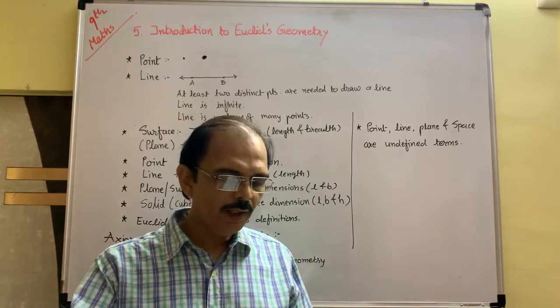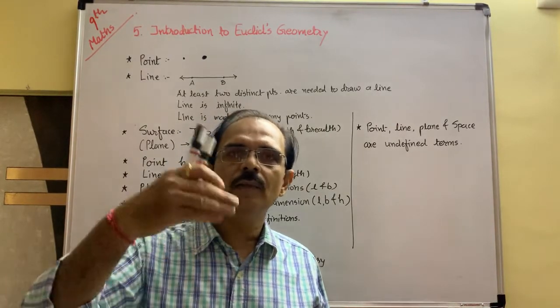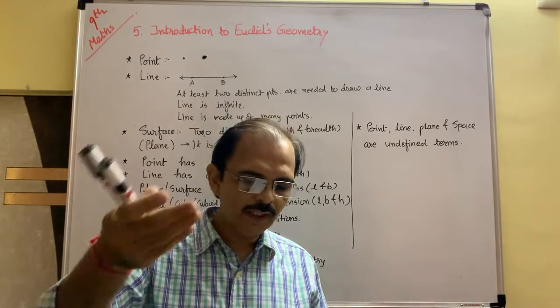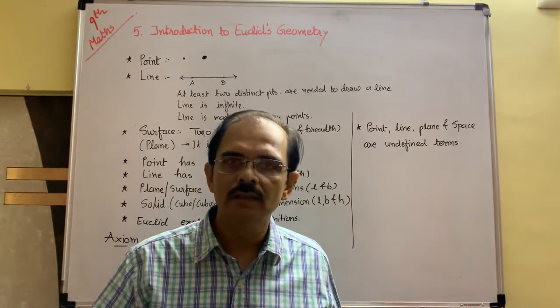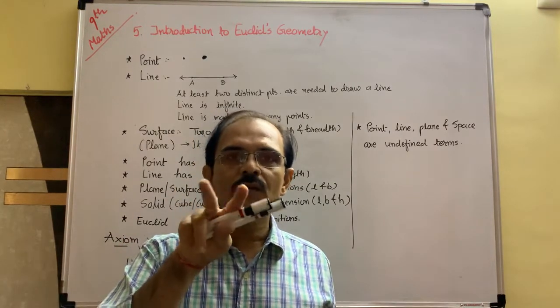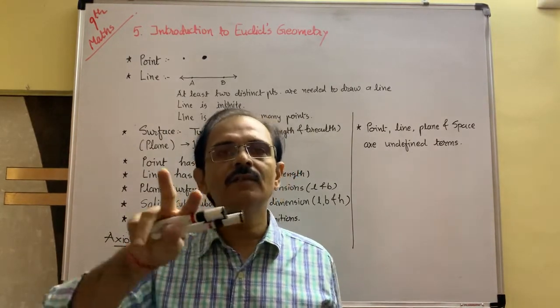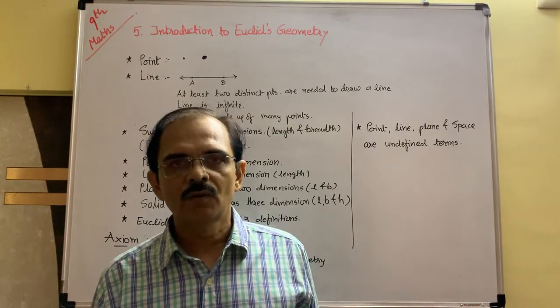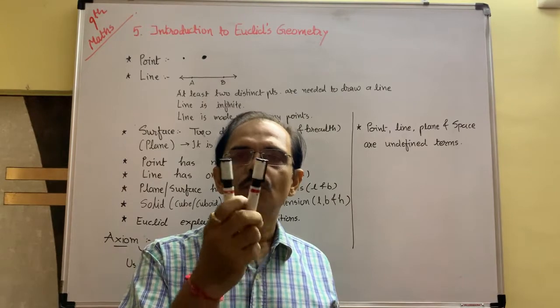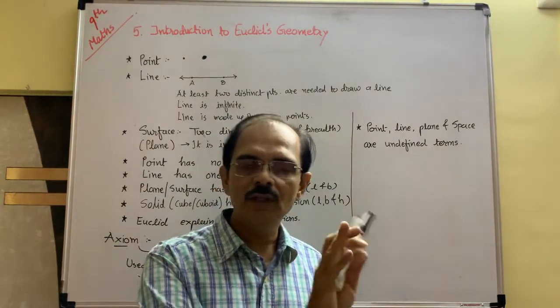Things which are double of the same thing. 2 is the double of 1. Things which are double of the same thing are equal to one another. Not the answer, but 2 and 2, they are equal to each other, and then they will be double. This part and this part, if they are double, then both are same. These 2 are same, not the answer.